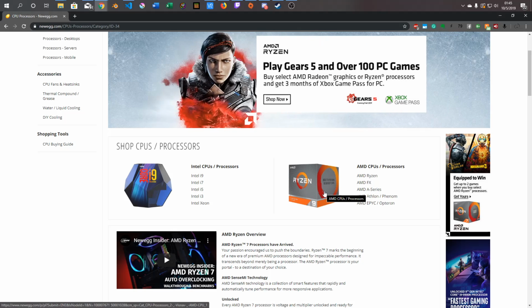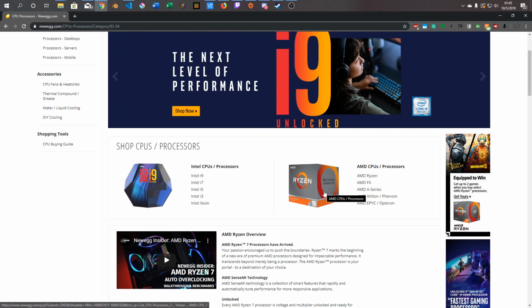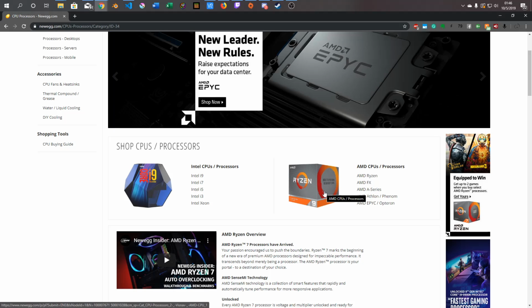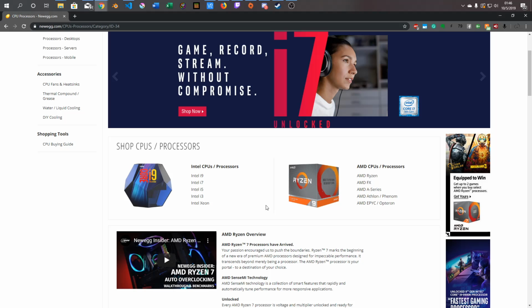Occasionally, AMD does better than Intel, and Intel does better than Ryzen. Intel's really good at gaming, Ryzen's really good at multi-threaded processes, and mostly good at gaming. The reason being is